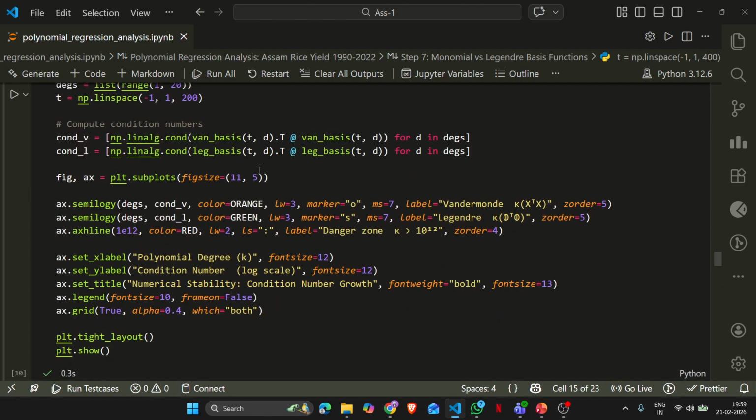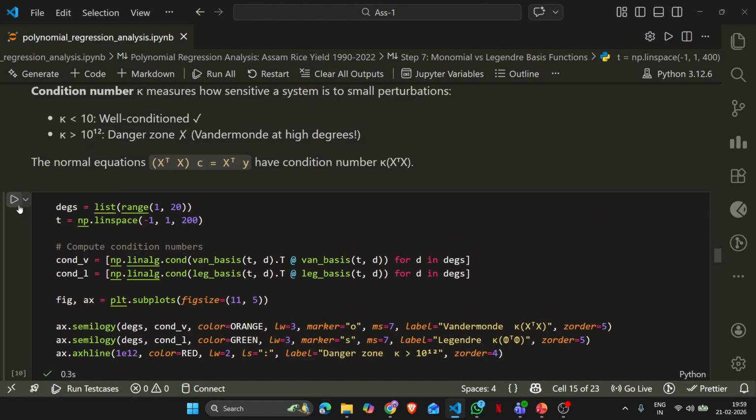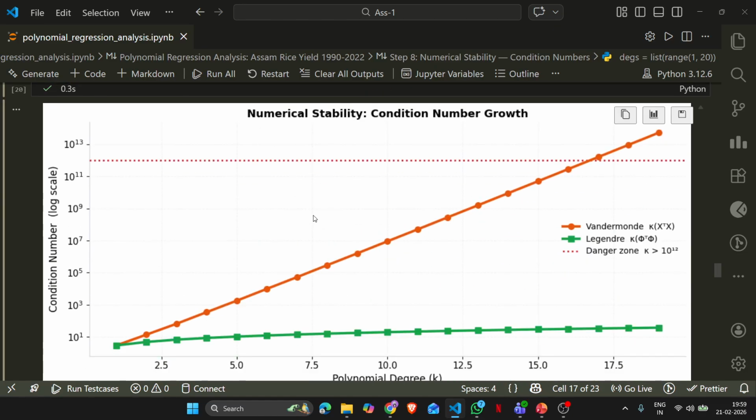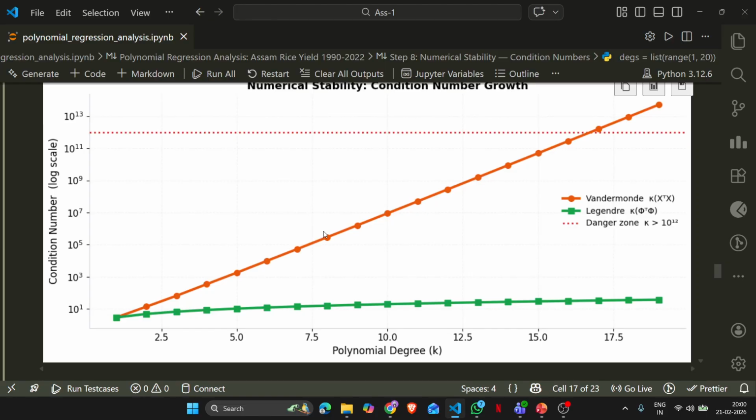And we'll see this with the help of this code, that as we increase the polynomial degree for the Vandermonde or the monomial basis functions, the condition number increases exponentially, while the condition number for the Legendre polynomials or the orthogonal basis remains constant, because